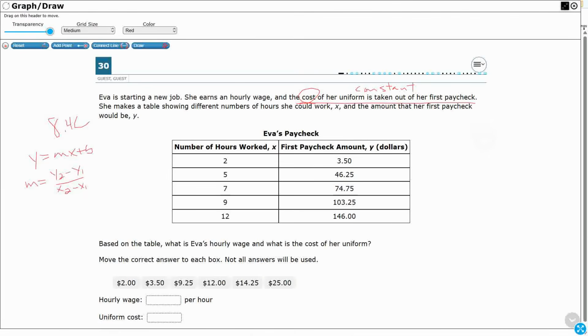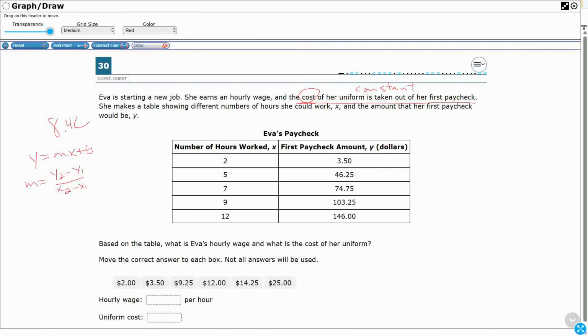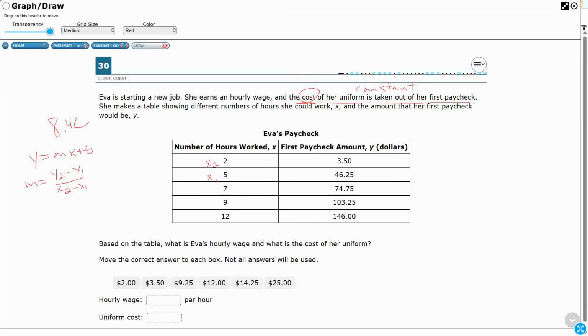All right, so let's figure out what that is. It doesn't matter which ones we do. So I'm just going to make this x sub 1 and x sub 2. I just need to match up y sub 1 with x sub 1 and y sub 2 with x sub 2. Those are just the smallest numbers we have. It works with any of them. So my y sub 2 is 3.50, 3.5 minus